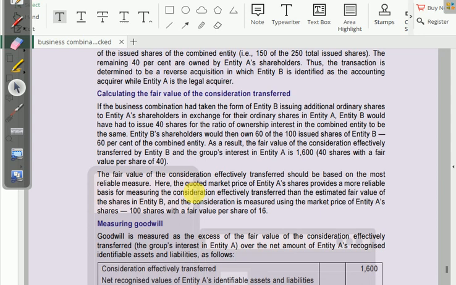इसमें एक कंपनी की तरह नहीं हो रहा है कि भाई वो खुद माइनॉरिटी में आ जा रहे हैं, उनके खाली 100 और बाहर वालों के 150। इसमें हमारे 60 और बाहर वालों के 40 रह रहे। तो इसमें तो दिख रहा है कि हम ही एक्वायरर दिख रहे हैं, B कंपनी। The fair value of the consideration effectively transferred